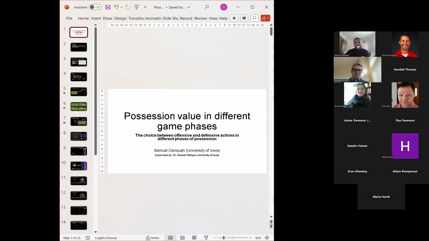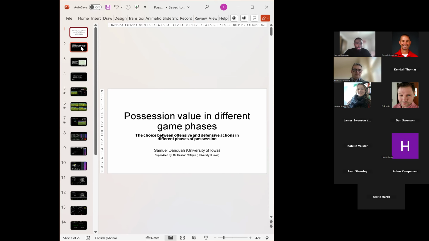To me, soccer is more than just the goals. It's about the intricate actions that delve into the nuances. And I am very happy to use data to uncover some of the things that happen on the field of play with regards to possession and how we can value possession every step of the way, from a pass to a carry, and also to some defensive action on the pitch.